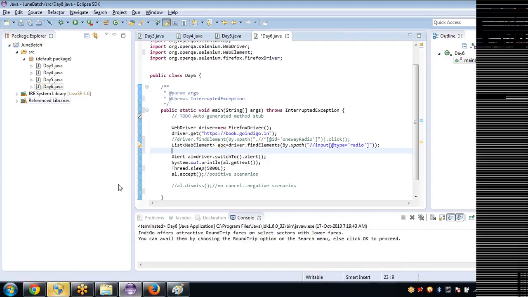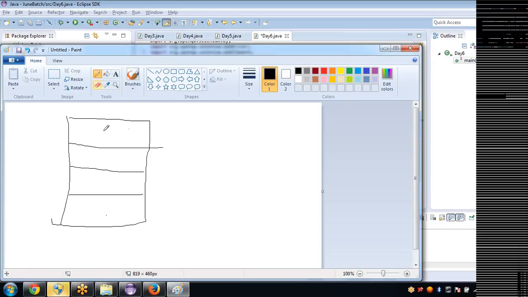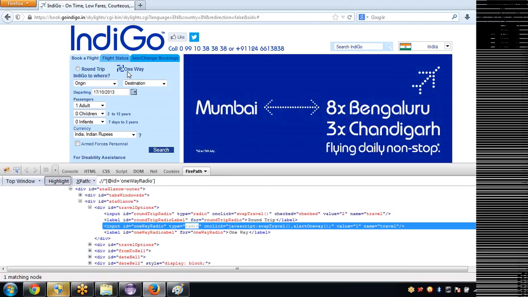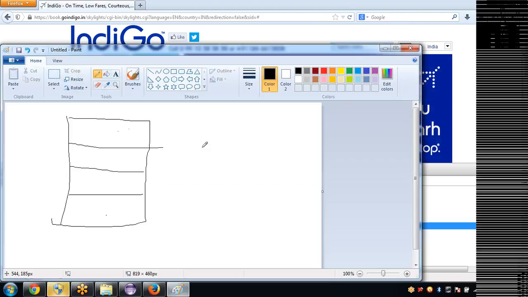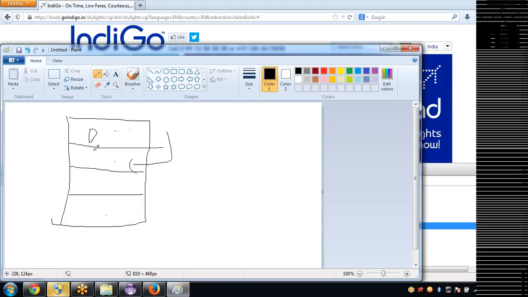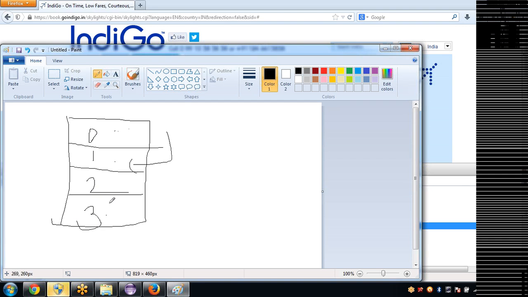It will go top left, which means first it will identify this radio button, and next it will identify this one. So our element will come into the second index. The first index is called the 0th index, the second is called the first index, then the second index, the third index. In this case, this radio button will come into the 0th and this will come into the first index.